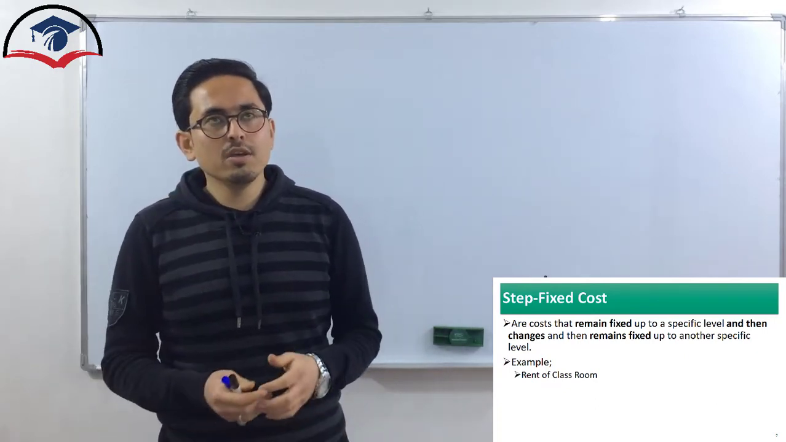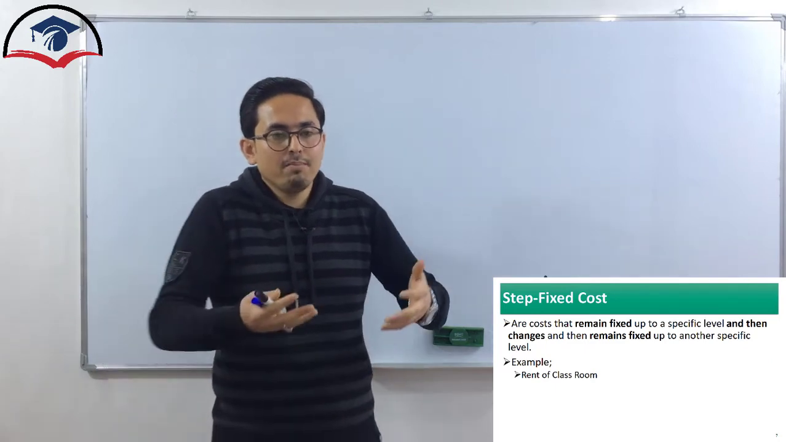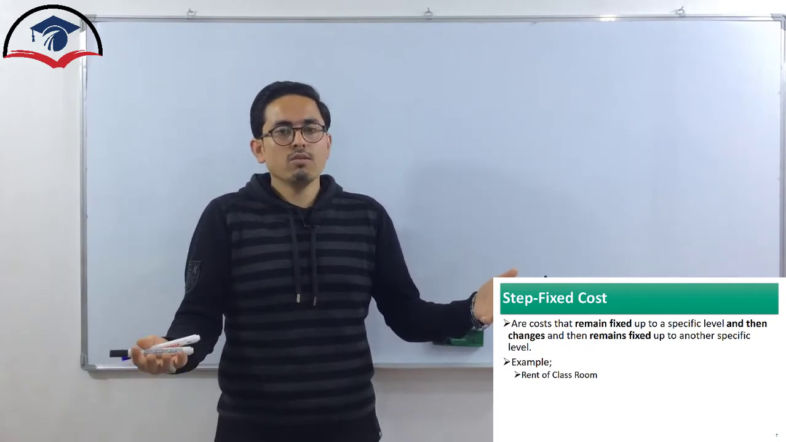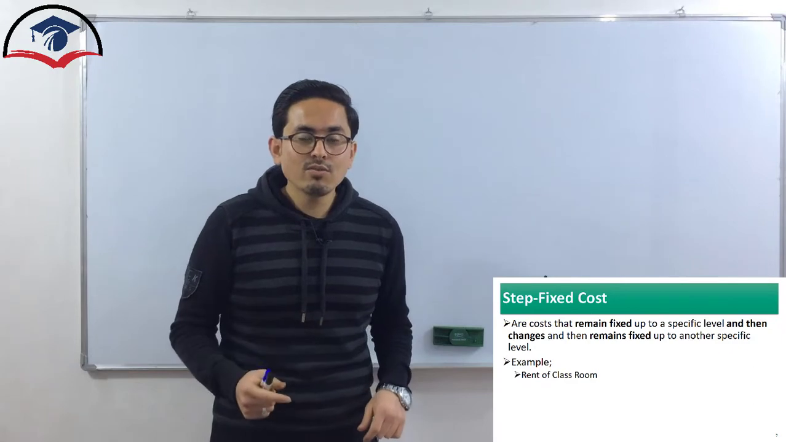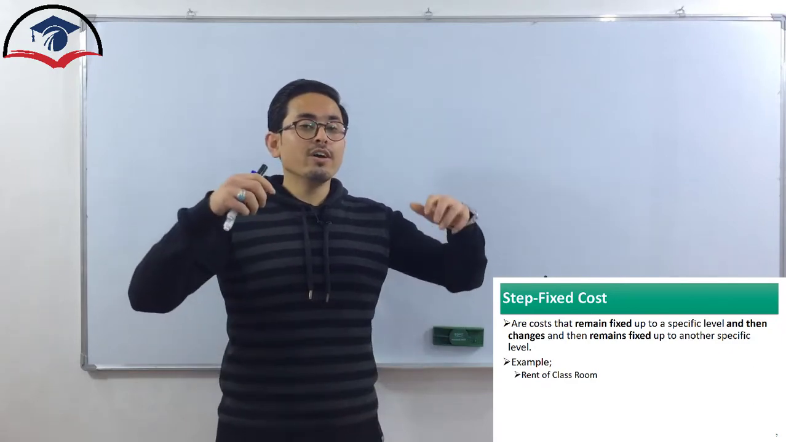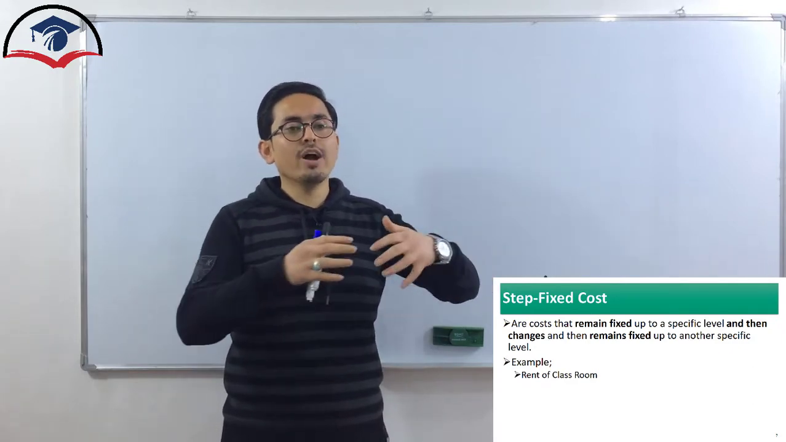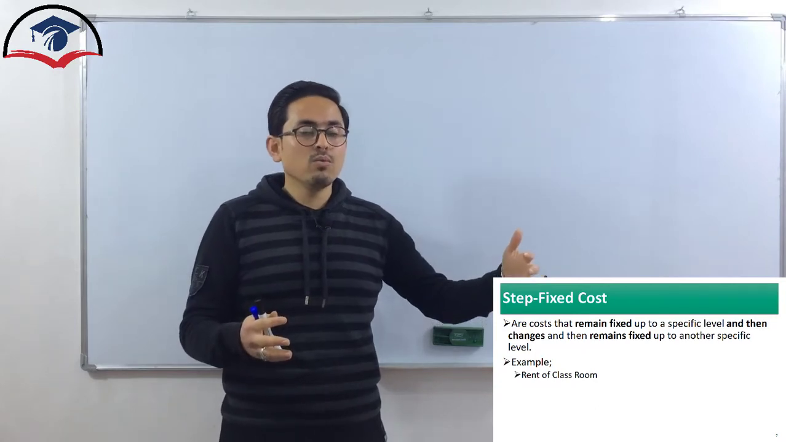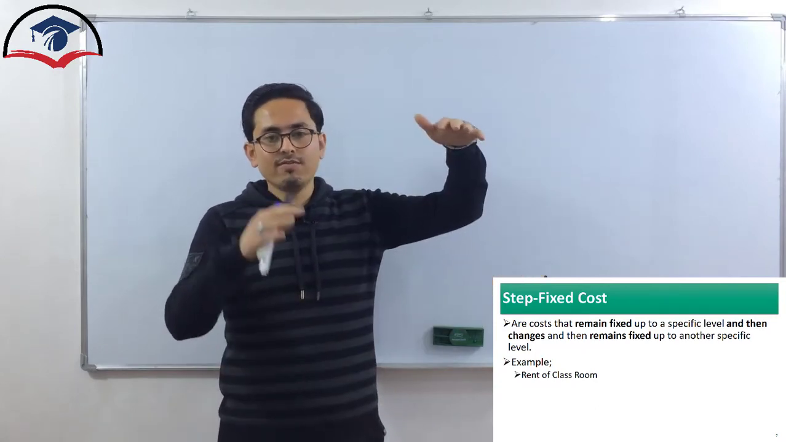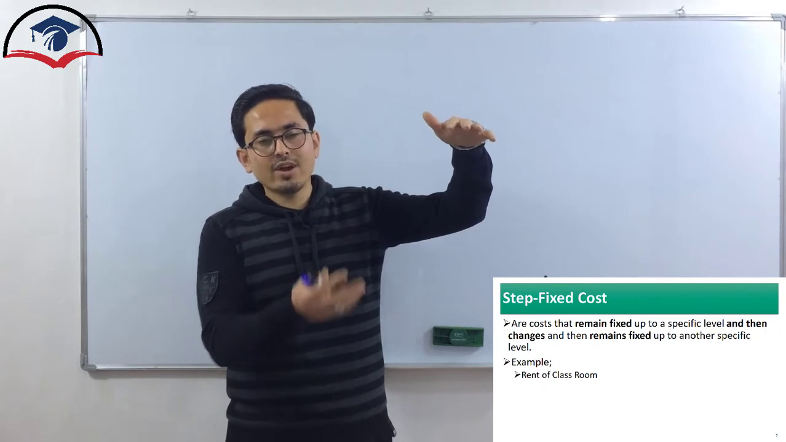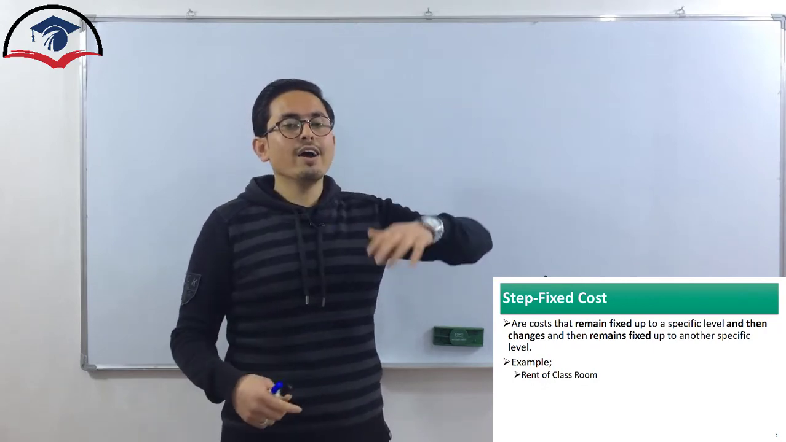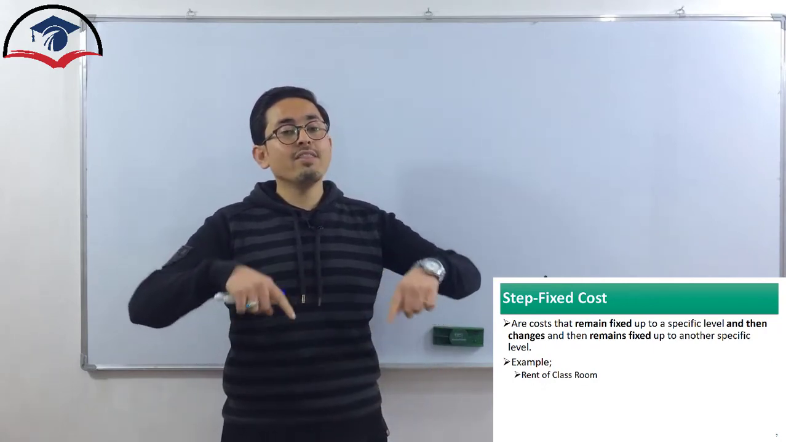An example can be a classroom. It has a capacity of 50 students. What will happen if I have 60 students? Then I need to shift to another class or hire another separate class which has the capacity. So for 50, this class is enough. For another 10, I need to hire another class and I need to pay another fixed